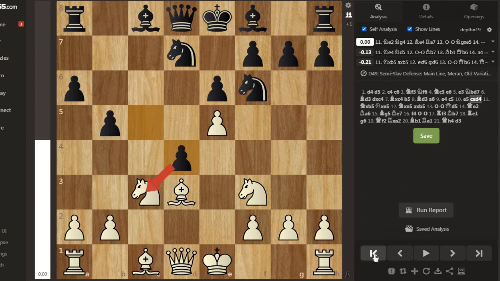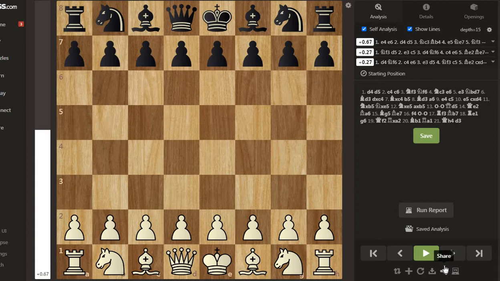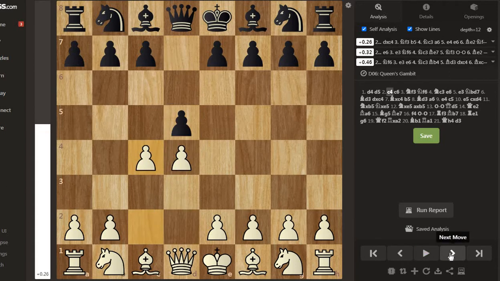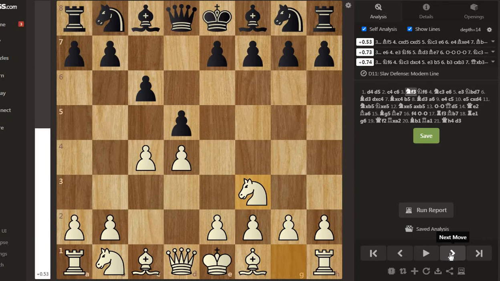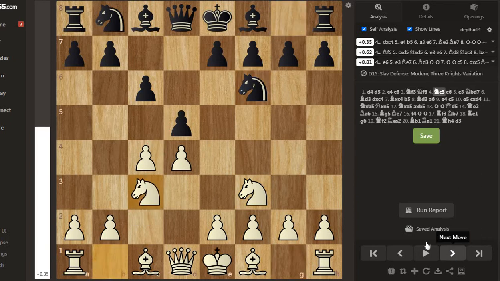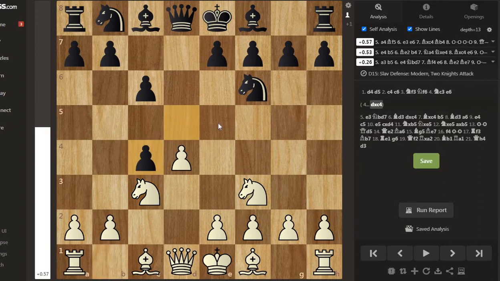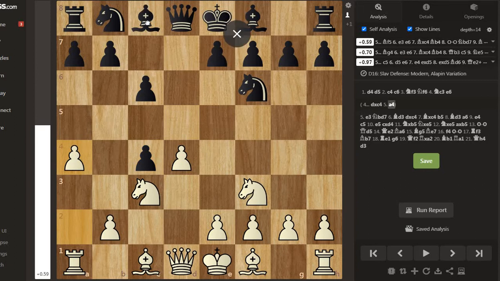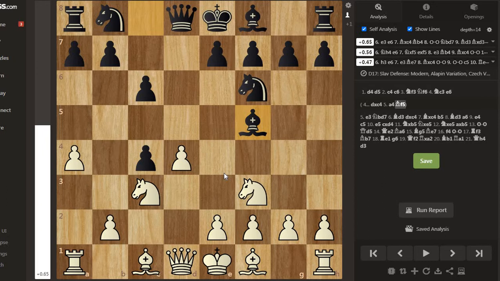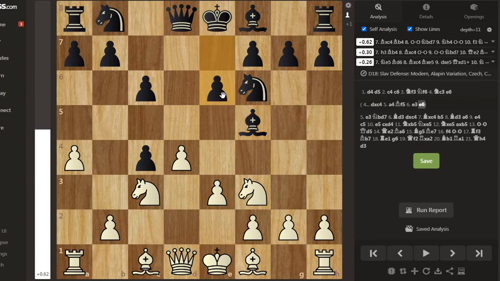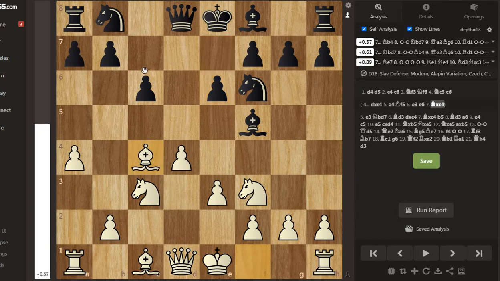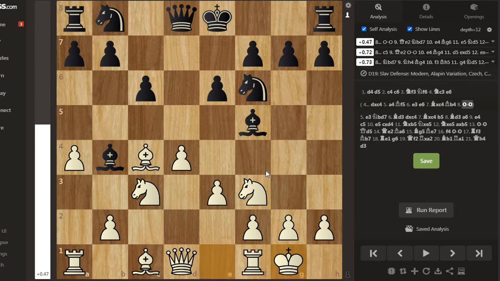This is the main system of the Slav defense. The main system goes like after d4, d5, c4, c6, knight f3, knight f6, knight c3. After knight c3, there is d takes c4 and a4 here, and this is the main system of the Slav defense. The idea of d takes c4 is to stop queen b3, and after e3 there is e6, and after bishop takes c4 there is bishop b4 and castles,